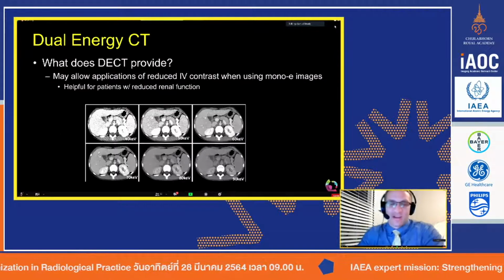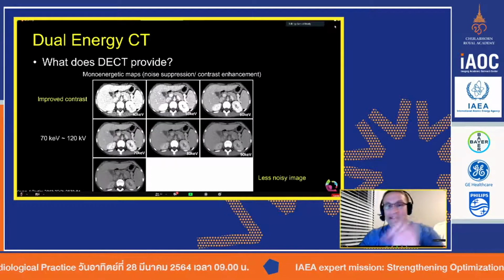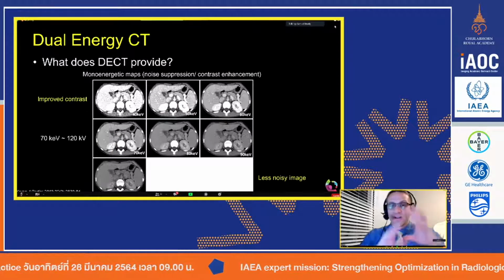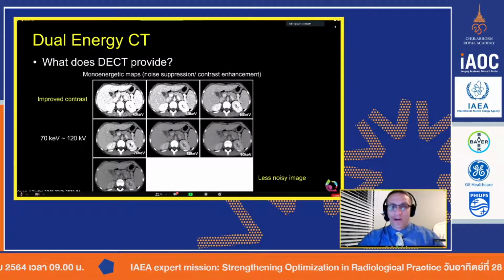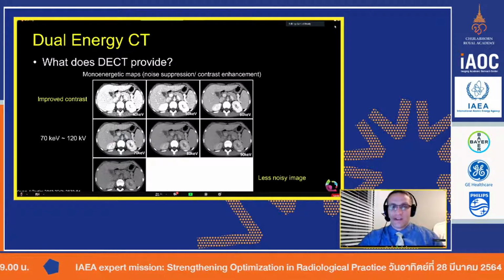But as I mentioned, I think one of the strengths of dual energy CT, especially for pediatrics, but it's the same for adults, is the ability to look at the same image, the same patient, in a variety of different ways. It stopped moving. There we go. And so looking at these monoenergetic images,